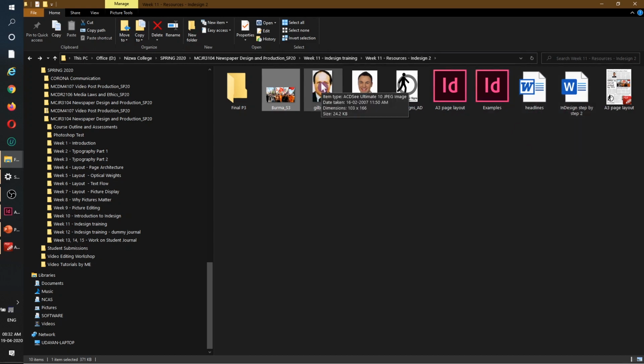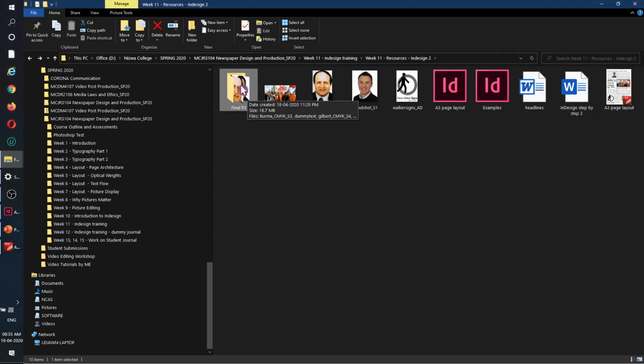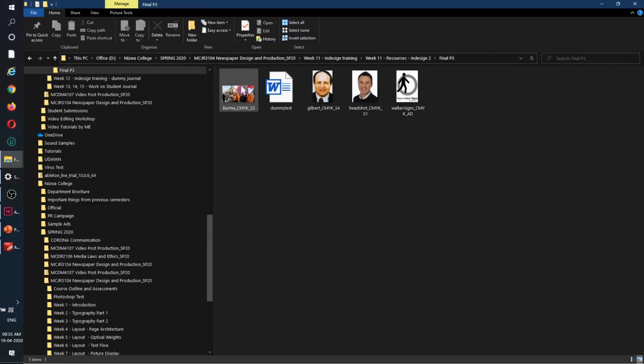As you can click here and see, it is saying it is a JPG image, and at the same time the image would be in RGB color space. So I have collected all this and processed them and made a single folder called final page 3. And in here, all these images I have converted into their CMYK versions, and as you can see, they are saved in a TIFF format. I have also made sure that the resolution is 300 dpi,